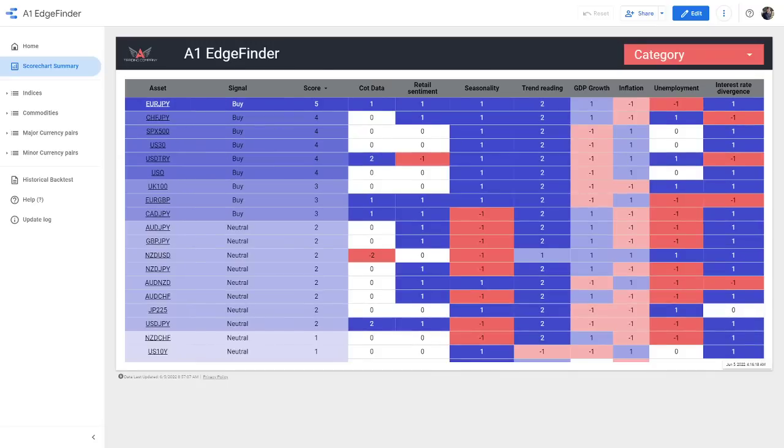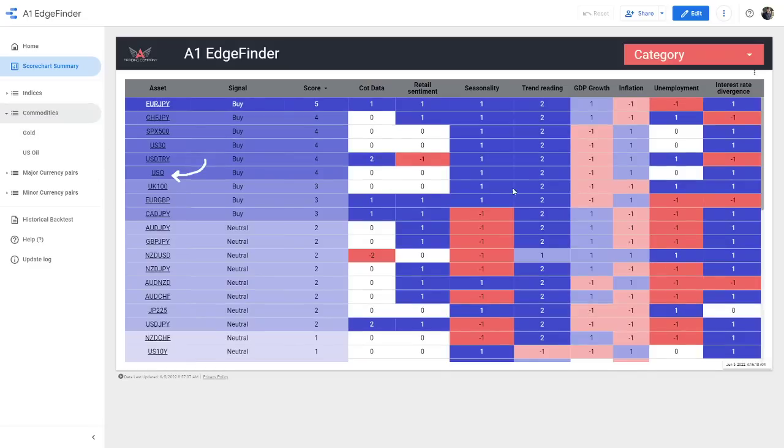We also have the S&P 500 still remaining a buy rated on the Edge Finder. So that's kind of cool. We've got US 30 up there, of course, the stock market as well. UK 100, US oil, which is actually an interesting one. We just added US oil, by the way. Oil is now officially on the Edge Finder. We have now 2 commodities. So if we take a look at commodities, we have gold and oil on our system, which is scanning for ideas based on the different metrics we have across the top. So yeah, let's take a quick look.